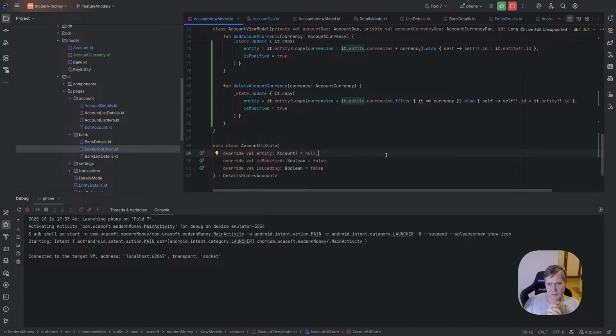Yeah, we need to manipulate this account currency. I would like to use maybe just code, not currency code, because it doesn't make sense. Yeah, we have account currency. Why do I use